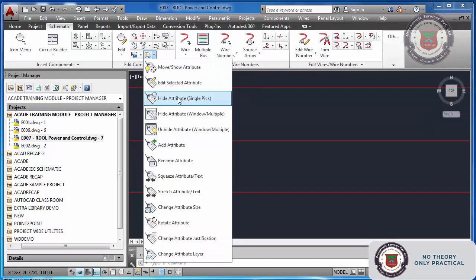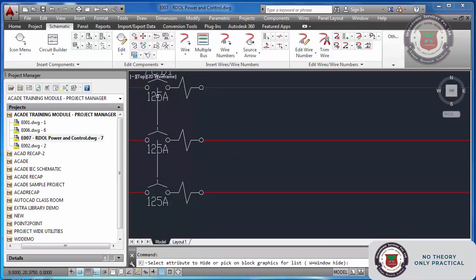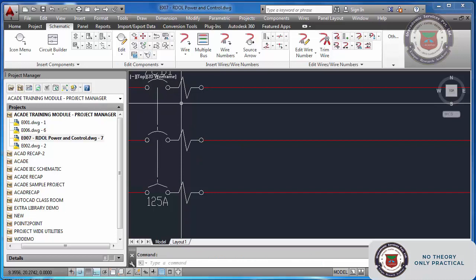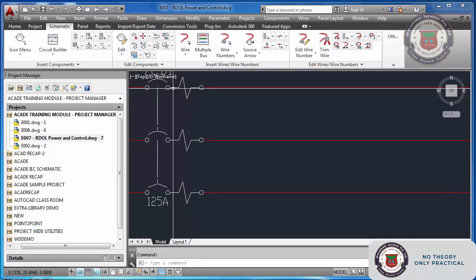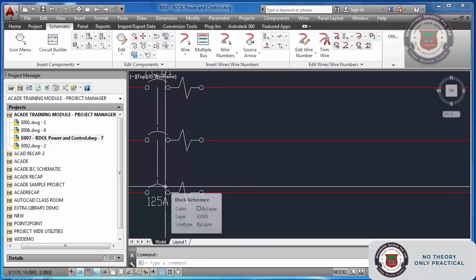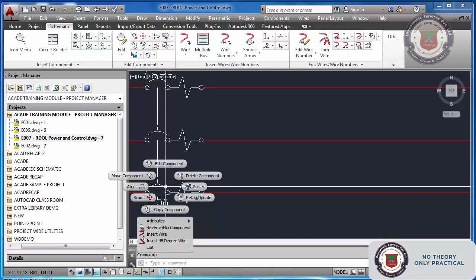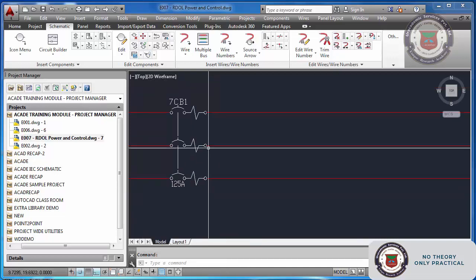In fact, if you don't want that to happen, you can hide it. The other option of hiding is to place your cursor above this component, right click, and this option will come. Here you can see attributes, hide attributes, edit attributes, all options are here. Okay, so this is done.